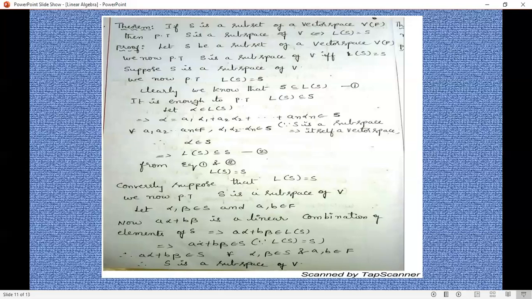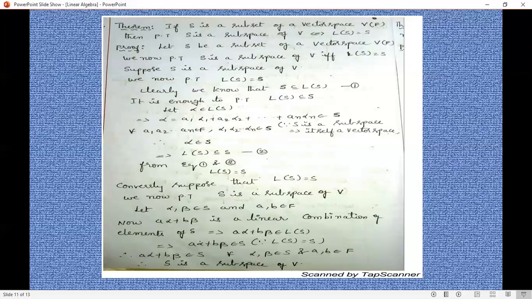So conversely, we are assuming that L of S equals S. We now prove that S is a subspace of V. We already discussed this in the previous theorem. It is enough to prove that S is a subspace, that is, it is enough to prove that alpha, beta belongs to S and A, B belongs to F implies A alpha plus B beta belongs to S. Okay. So now we are considering alpha, beta belongs to S and A, B belongs to